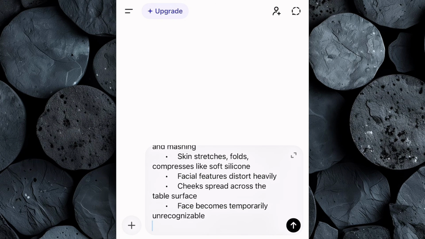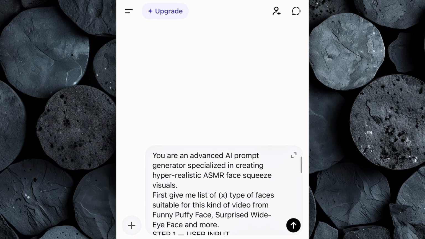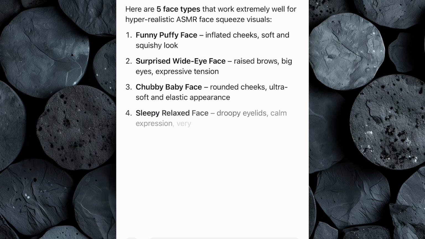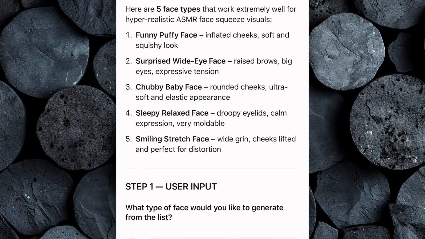Paste the prompt into ChatGPT, but don't hit enter just yet. Before generating, make one simple tweak. Enter the number of face variations you want the AI to create. This helps you generate multiple unique options and increases your chances of picking a viral winning concept. Now hit enter. Within seconds, ChatGPT will generate a list of high-performing face types that are perfect for ASMR face